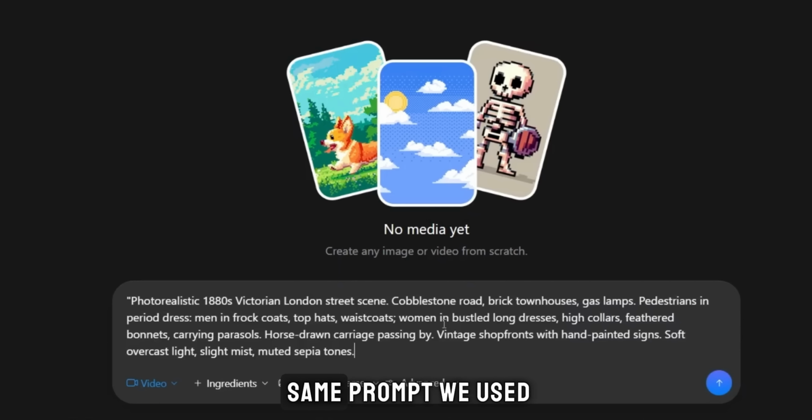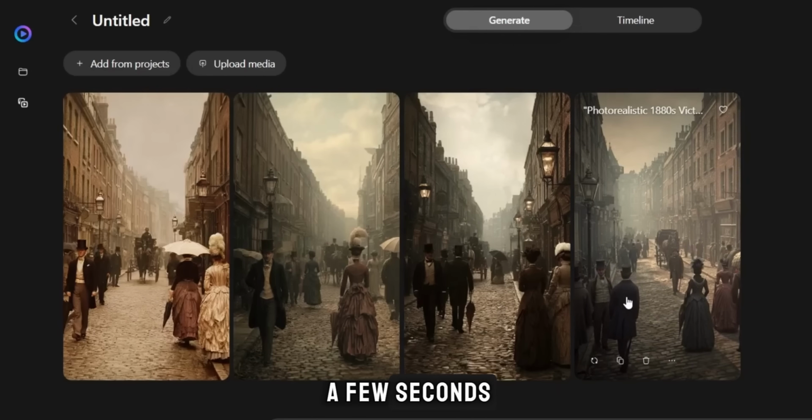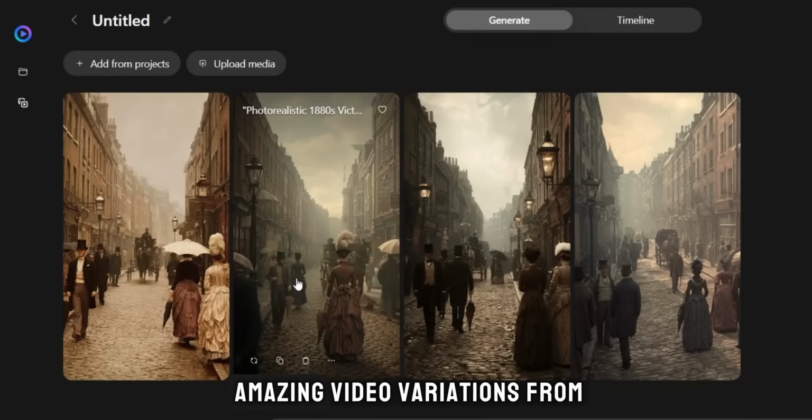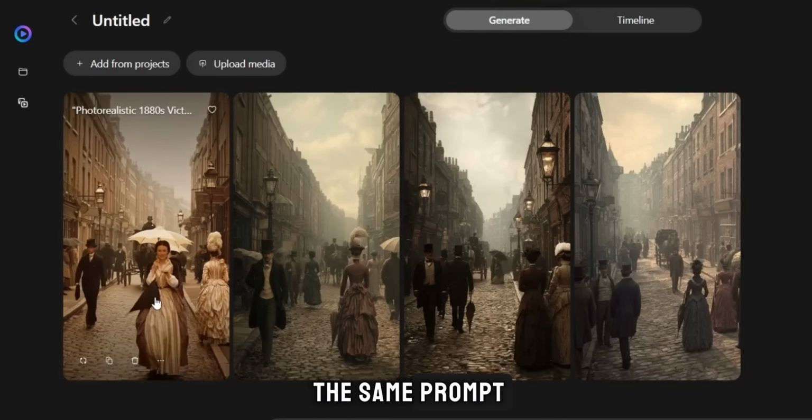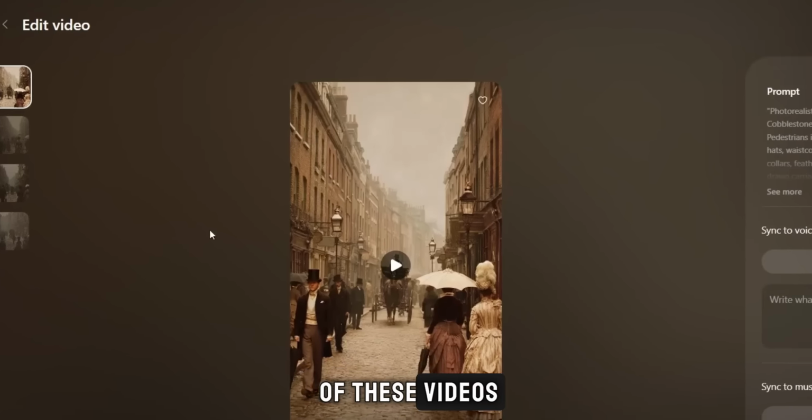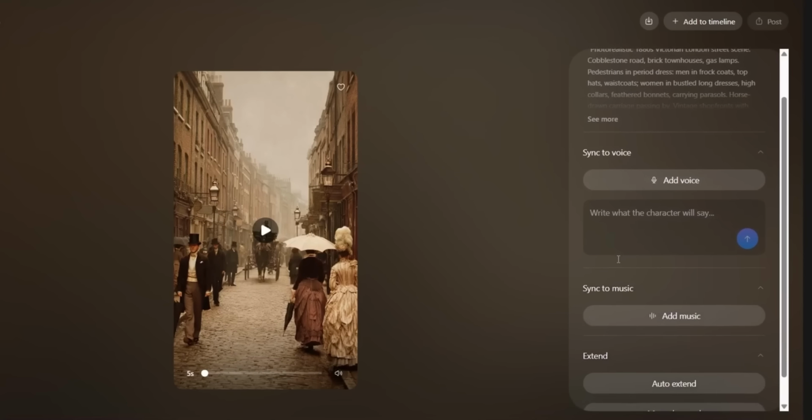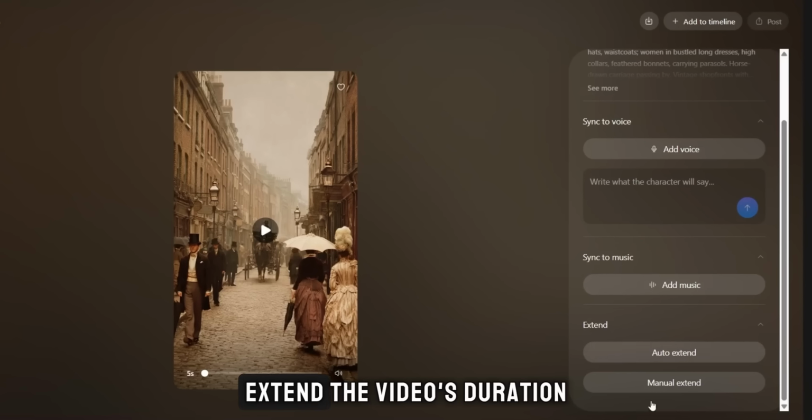Next, I'll paste the same prompt we used to generate the image and click Generate. Within a few seconds, Vibes AI creates 4 amazing video variations from the same prompt. If you open any of these videos, you'll have even more control. You can sync it with music, extend the video's duration, and explore other editing options to further improve the final